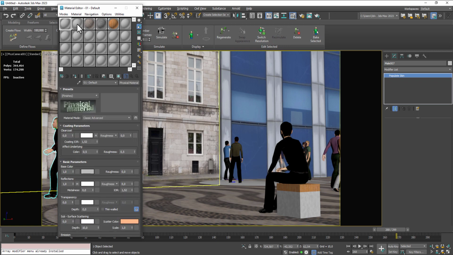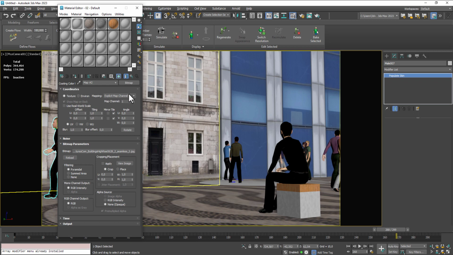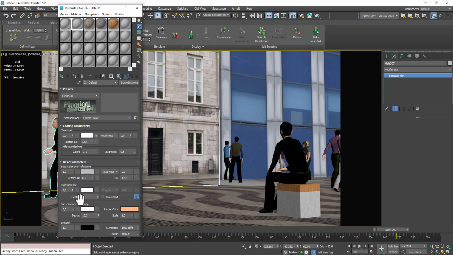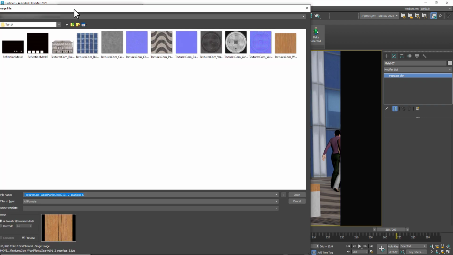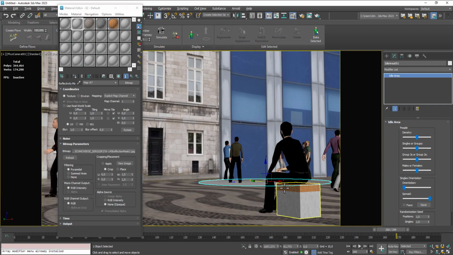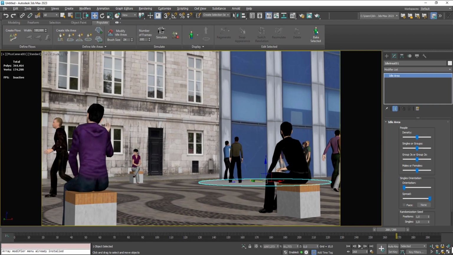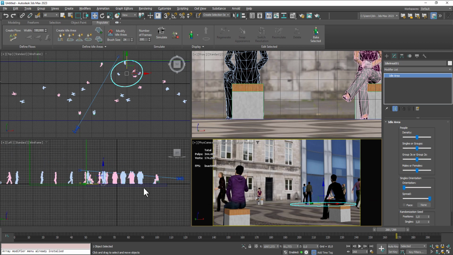and for other building we can reflection weight, bitmap, reflection mask too, and we can maybe control first. I can add